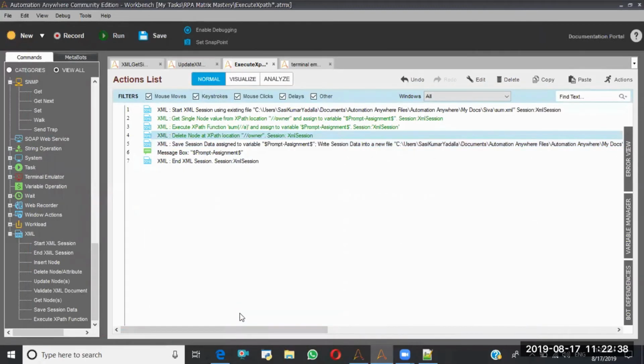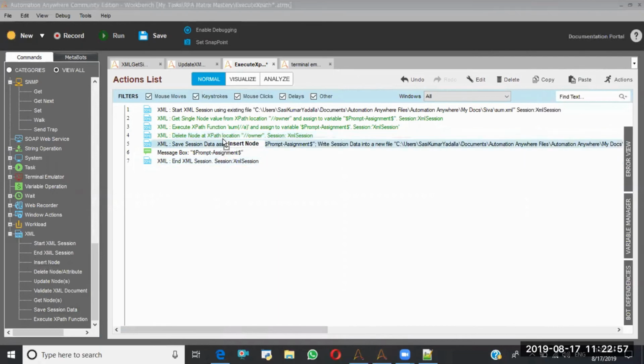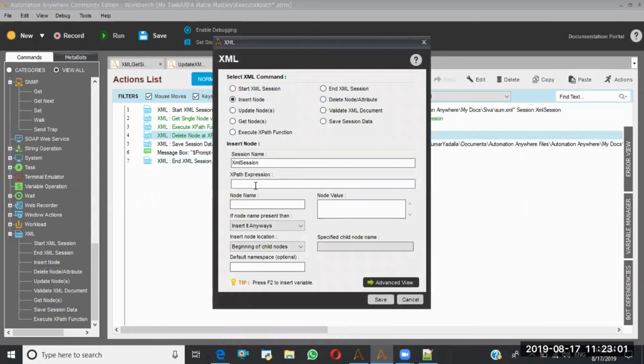So now I deleted, right? So now again I want to update that node. That means I want to insert the node. So as of now, I don't have the owner node in that sum because earlier I used to have, but recently I have deleted that one. But after that, I realized that should be there. So that's what I am going to give insert node here. So I have selected the insert node. So I am giving yes